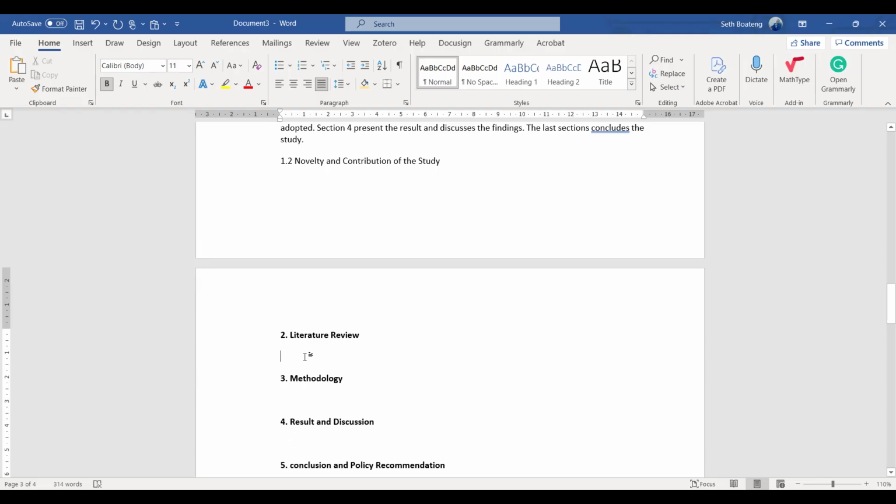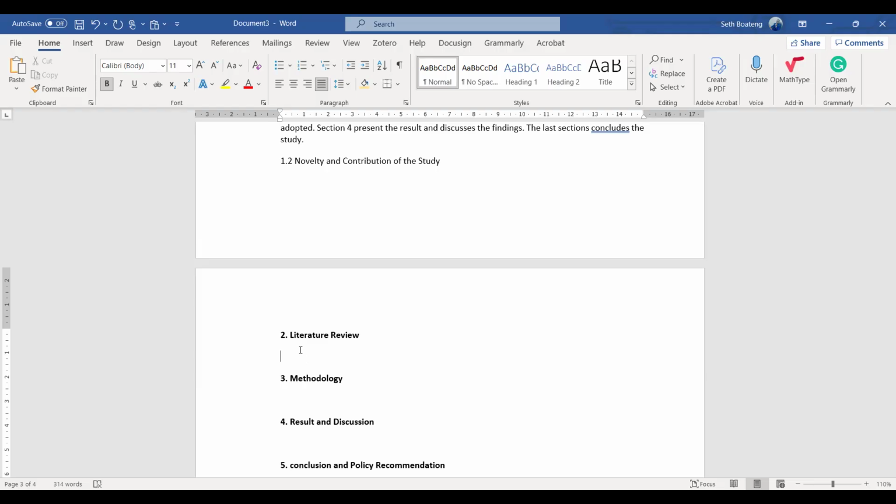That one, you can put your theoretical review under the literature review. But if you develop your model or your equations from the theory, then it's advisable you put your theoretical review under the methodology. But any of them is fine.